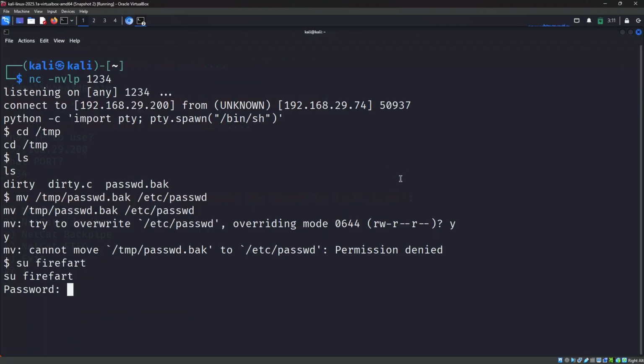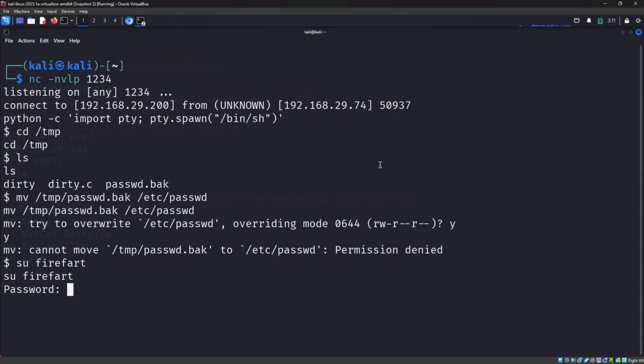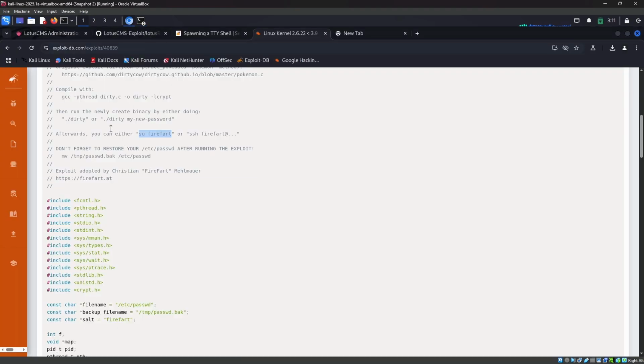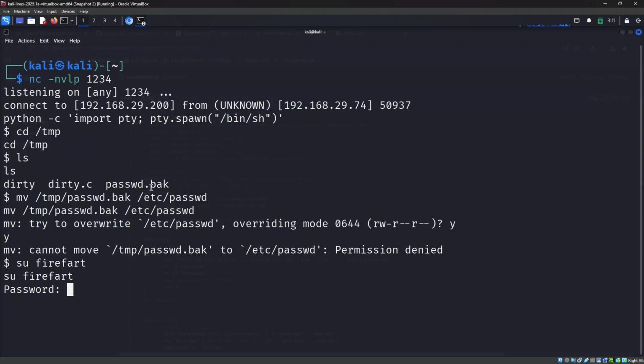So it's done. So I think it already moved. We just executed this again, and it failed, right? So I think it's already moved by this command. I don't know, but we were able to switch user to the new user, which means we just transferred the content, right? So we just enter 1234 and done. We were able to get root access, and it's about firefox, right? So we can just view the /etc/passwd,